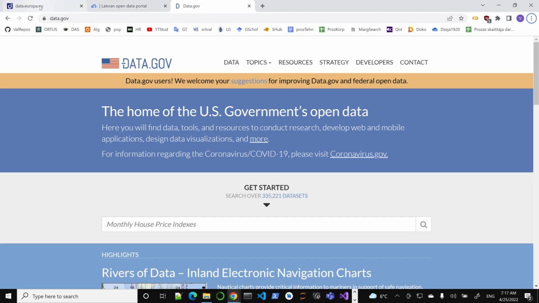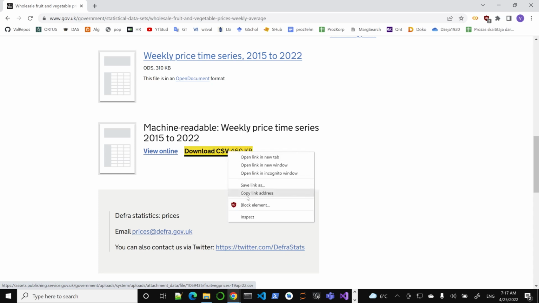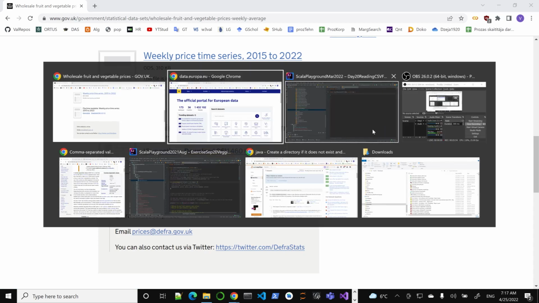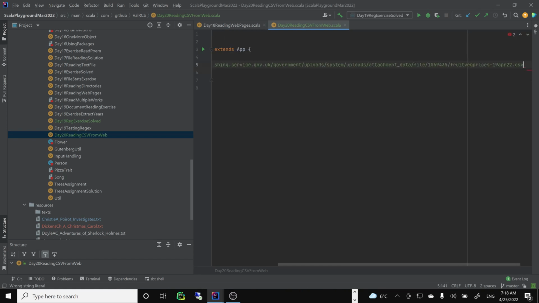But we'll be using this UK one. So we have a link. Of course we could do this by hand. You have a single file, you could download it, right click, copy the address, and I want to download. There's only a slight snag. So this is my URL. It's quite long, but no problem. We don't have a problem with that. But first I want to create